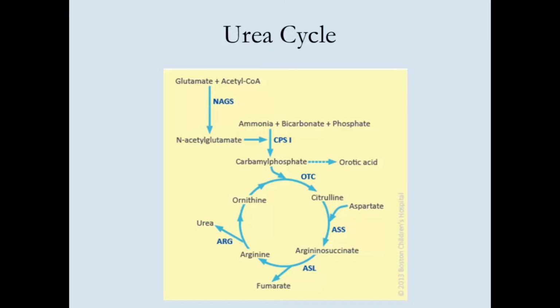And you'll get a buildup of carbamyl phosphate, which then gets changed to orotic acid. And orotic acid is a test that you can do on urine, and it's often ordered when you're working up a kid for a urea cycle disorder, because it will help you determine where in the urea cycle the defect is. Namely, if it's more proximal, you're not going to get the buildup of orotic acid, and if it's more distal, you will. So sometimes that helps with that.